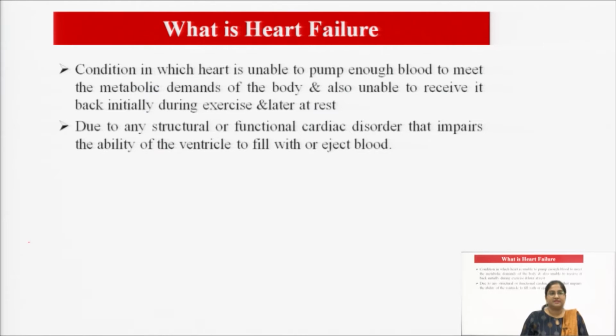So, there are certain reasons why the heart is not able to pump sufficient blood to meet our daily demands. There are two types of causes, which are systolic dysfunctions and diastolic dysfunctions. We know that the pressure of blood that we measure is of two types, that is systolic blood pressure and diastolic blood pressure. So, if there is any dysfunction in systolic, or at the same time any dysfunction in diastolic, it can be a reason for congestive heart failure.